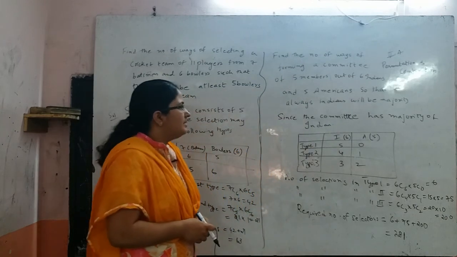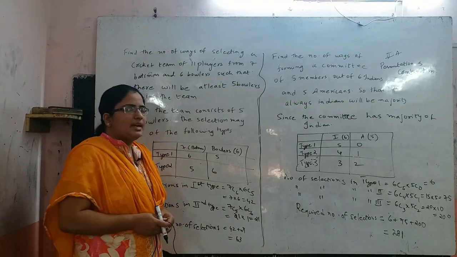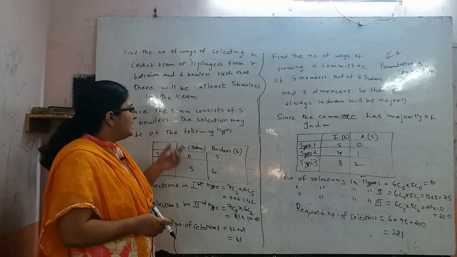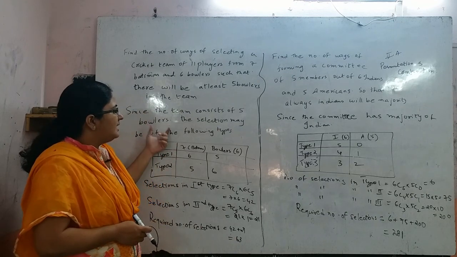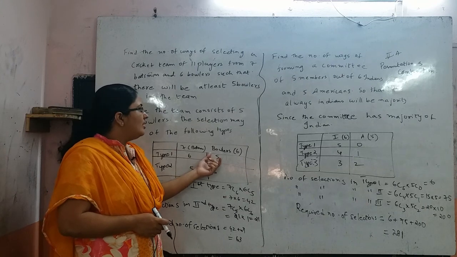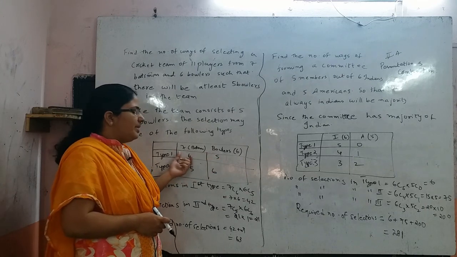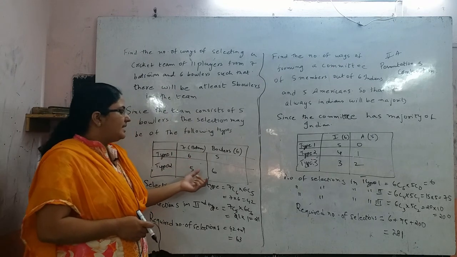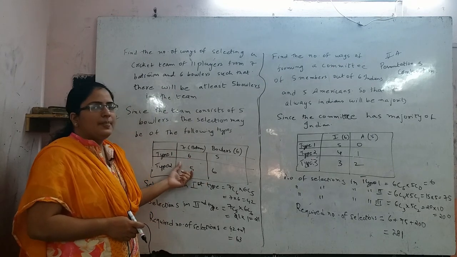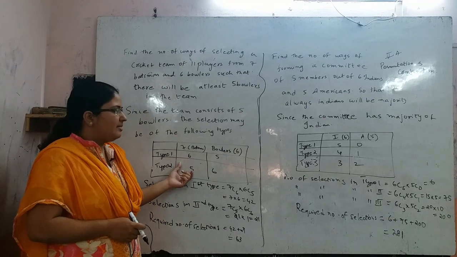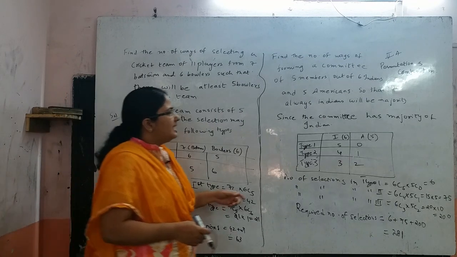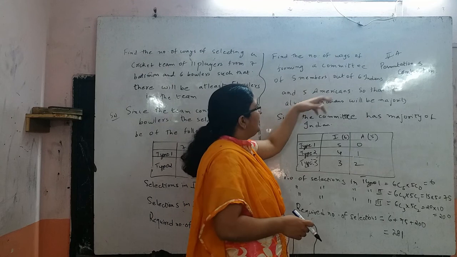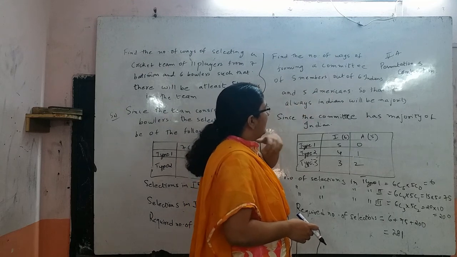In these kinds of problems, there is a condition given to you. If you check the first problem, he said that the number of bowlers is fixed. So you have to make changes in the batsmen. If you take 5 here, you have to take 6 there. If you take 6 here, you have to take 5, because the team should consist of 11 members. Here also, he said a 5-member committee, and the majority should be Indians.